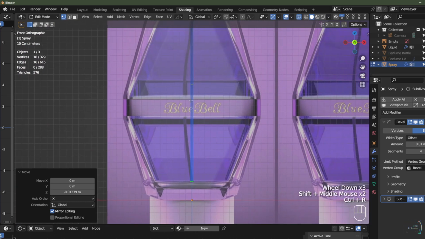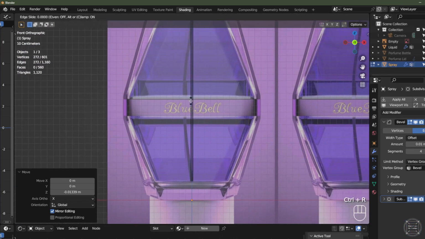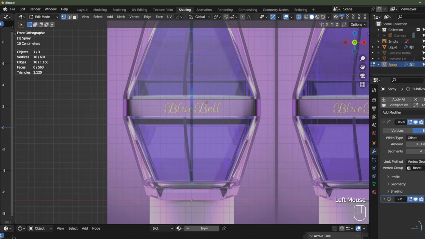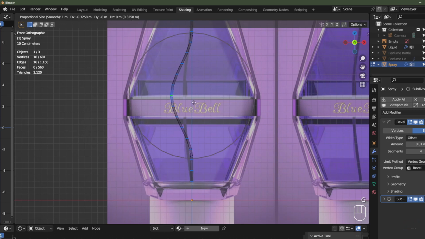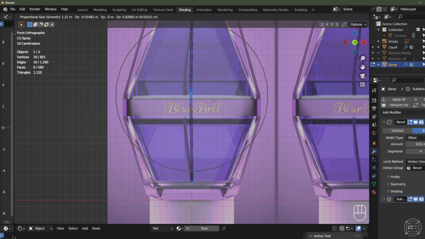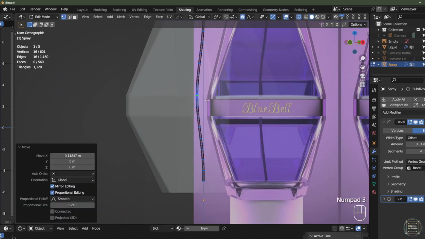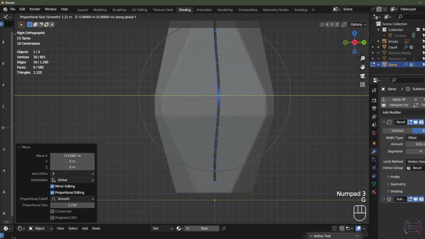We'll add a few edge loops. Choose that middle edge loop there. I'm then going to use proportional editing, so if I push O on the keyboard, it's going to go to proportional editing, and what that means is when I hit G and I scroll my mouse wheel, it's going to have a falloff. It's quite handy, quite a useful little tool. So I'm going to hit X, G, X, scroll my mouse wheel around about there. I'm then going to go to side view, G, Y, and we'll just bend it around that way a bit,